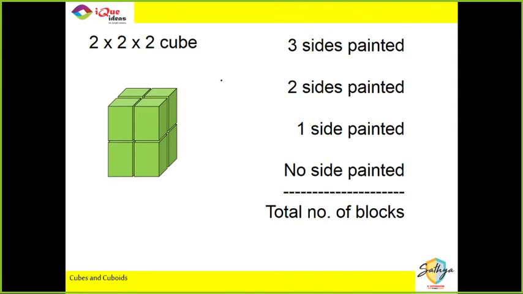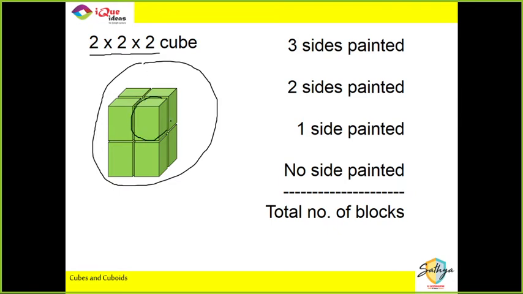See, did you understand that the original size of this cube is 2 2 2? The full cube is 2 length, 2 breadth and 2 height. Each of the smaller cubes is 1 length, 1 breadth and 1 height. So how many small cubes will be formed? Volume of the big divided by volume of the small will give you the number of cubes. So total there are 8 cubes.